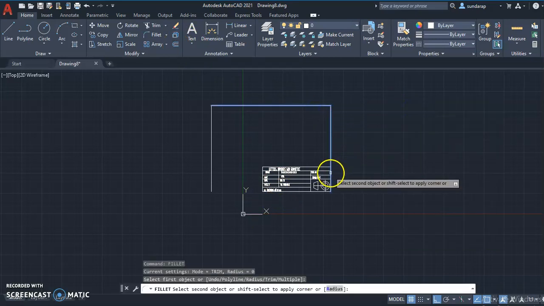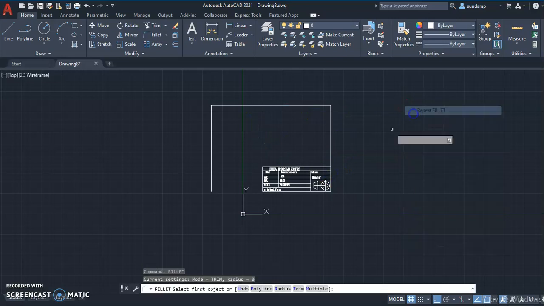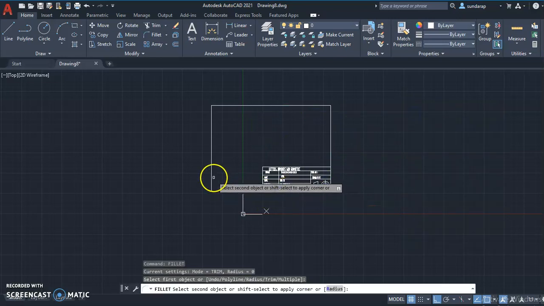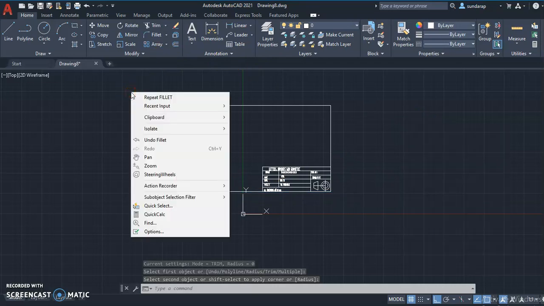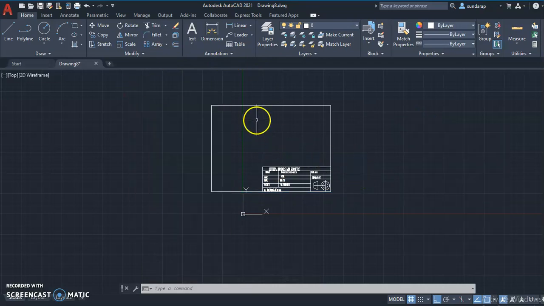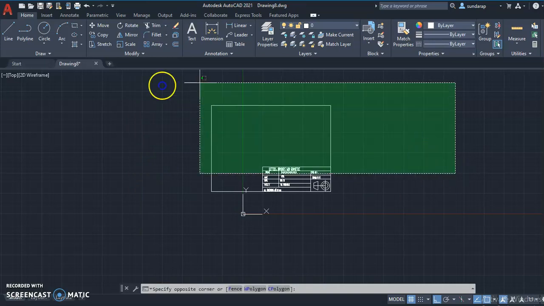Select this line and select the vertical line. Similarly, select the horizontal line and this line. Get the fillet. Press escape. Then select the entire object.